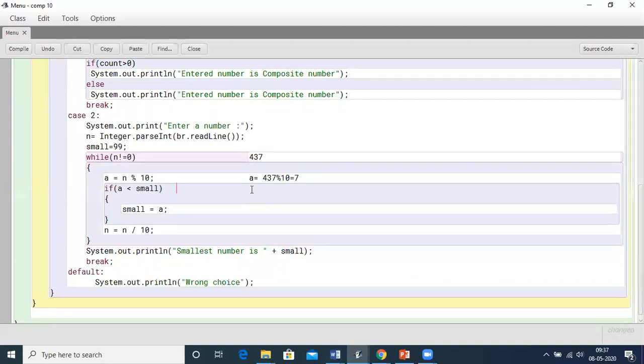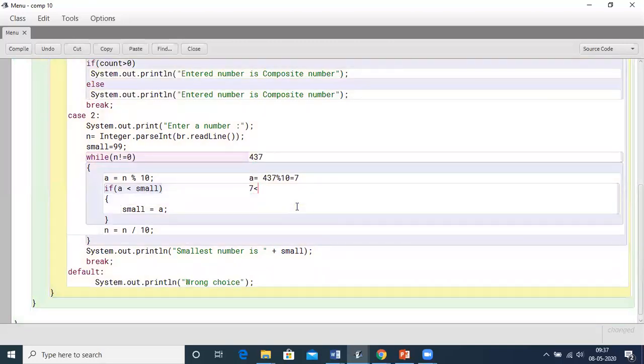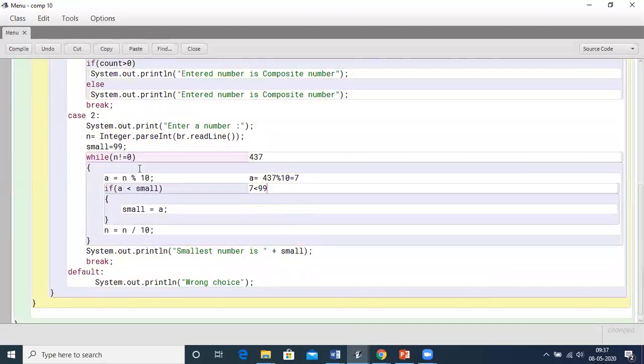Now the next checking we have is whether a, that is the number 7, is less than 99. I've taken the biggest number, that is 99, that is why I had taken it. In fact, obviously 7 is less than 99.